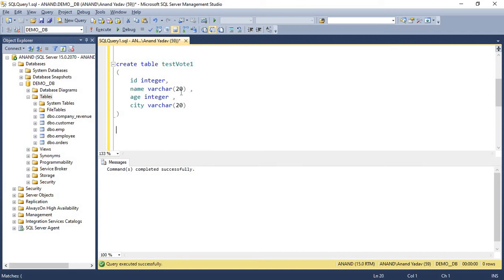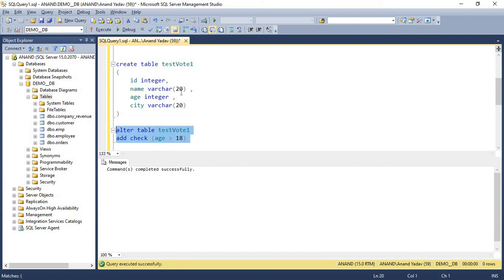That I can do with the help of this alter command: alter table name is vote 1. Now I can simply say add constraint, and the condition is age is greater than 18.